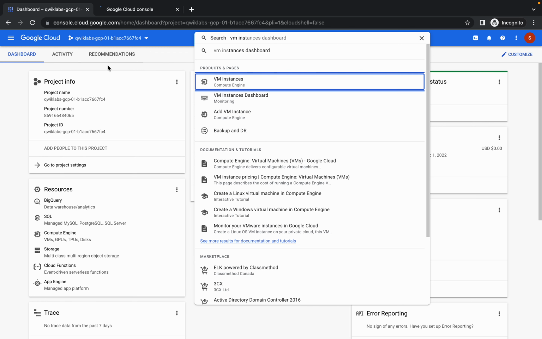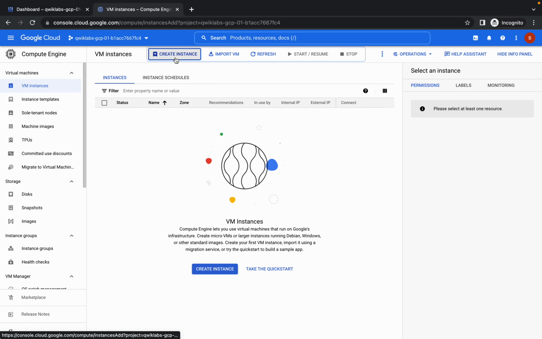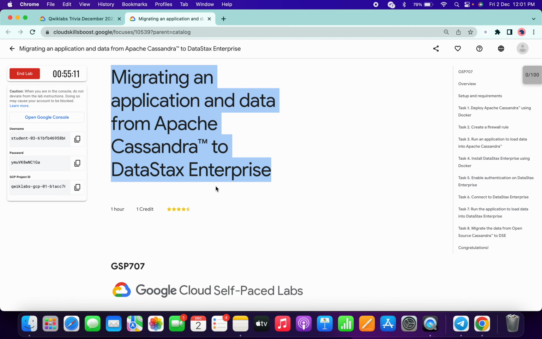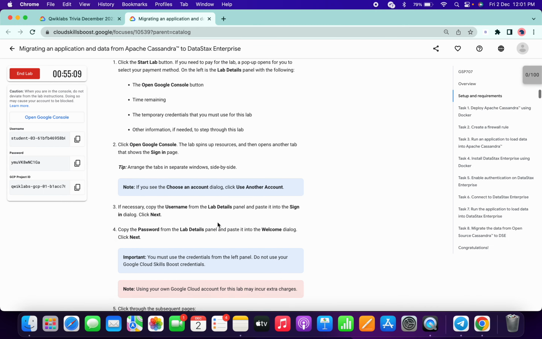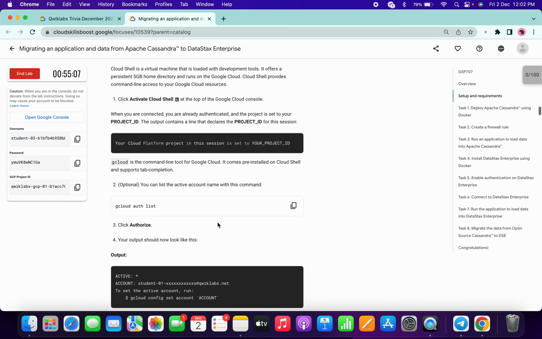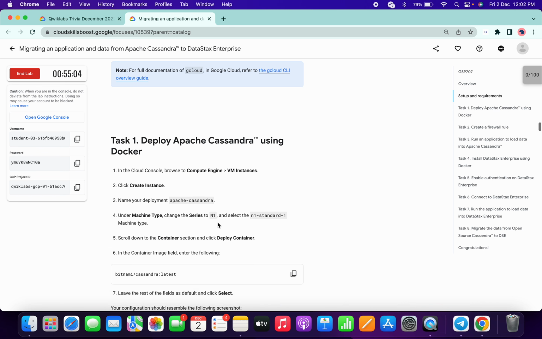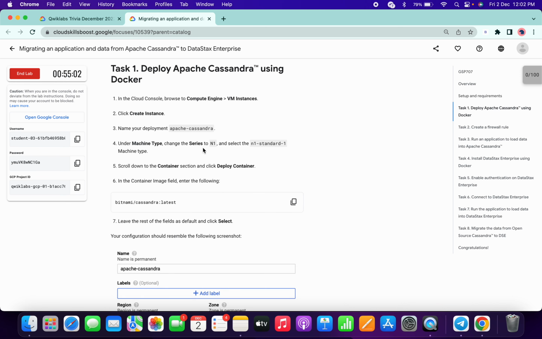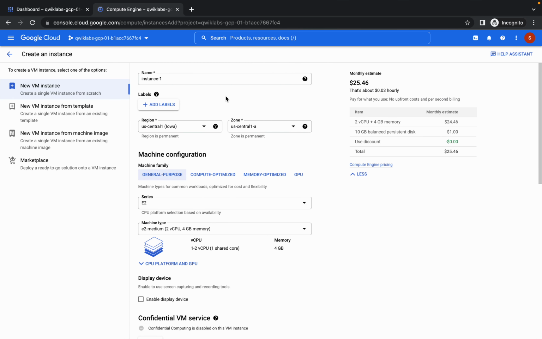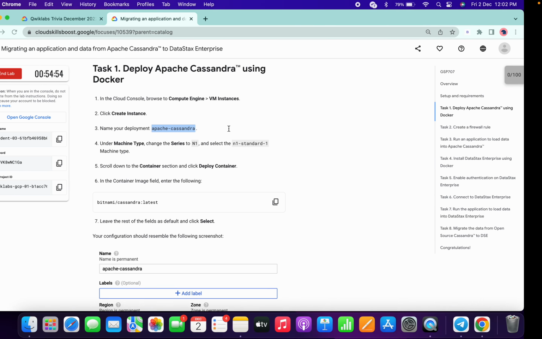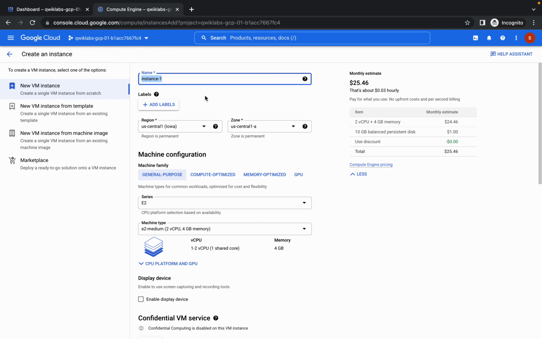First of all, just log into your Google Cloud credentials and open the VM instance. Now click on create instance. And one more thing, guys, this lab is quite lengthy, so if you are using Windows, you can use your Notepad, or you can use an online notepad also. Okay, so just copy the name and replace here,